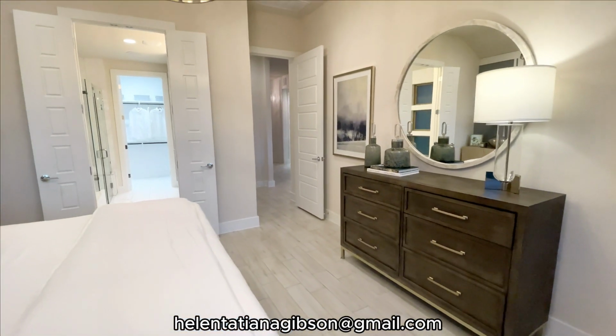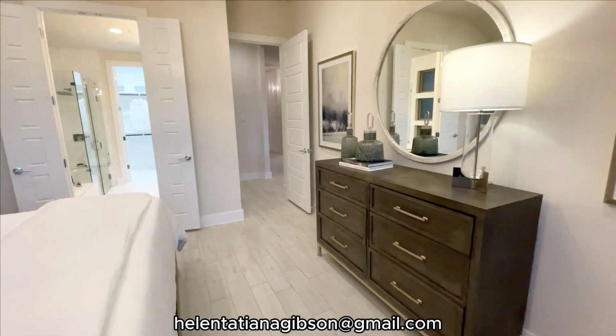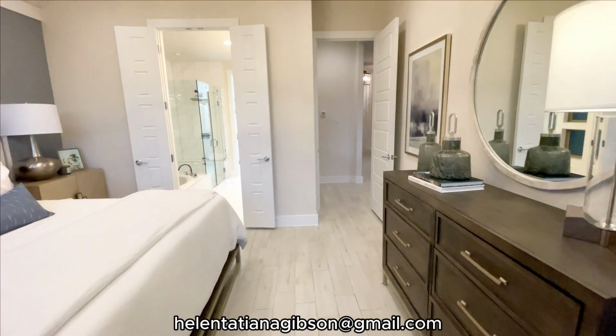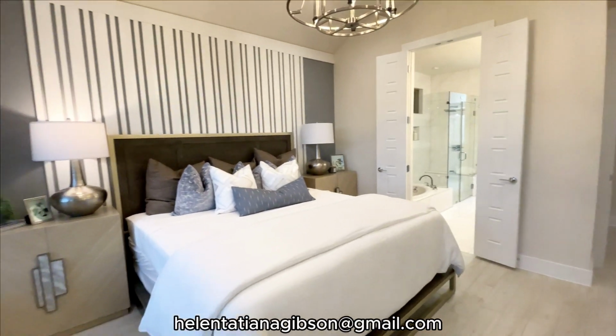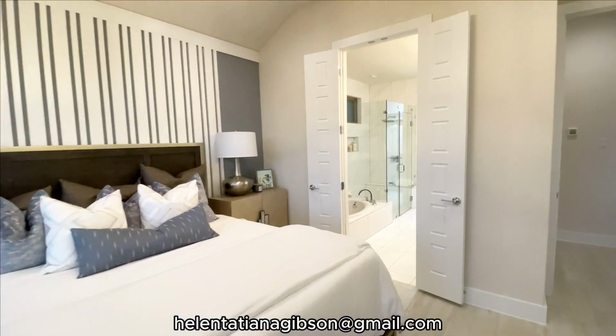And here we got the space from the bed to the dresser, which is a good space. I mean, this bedroom is not huge, but at the same time it feels big because that bed is a king bed, so it feels even more spacious. Now here